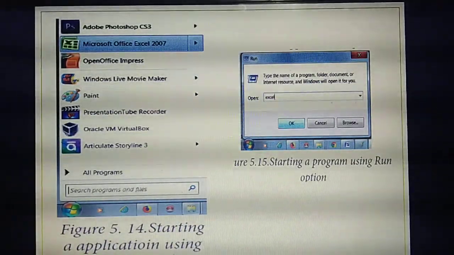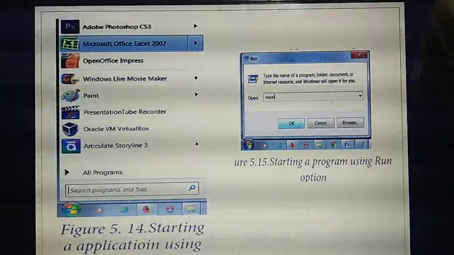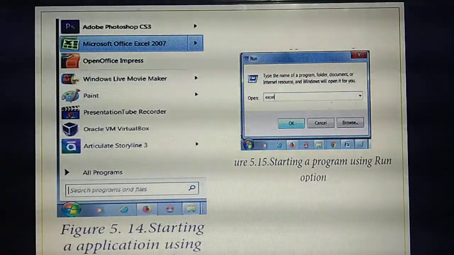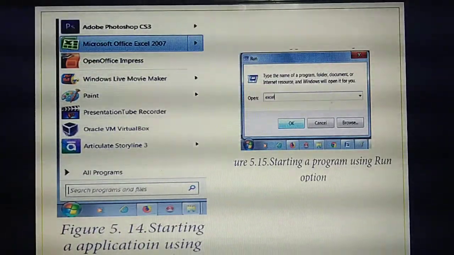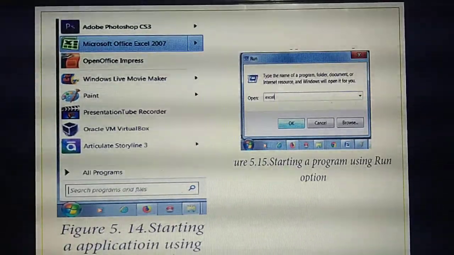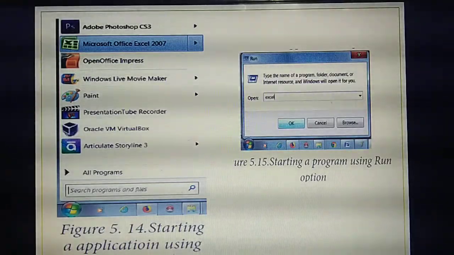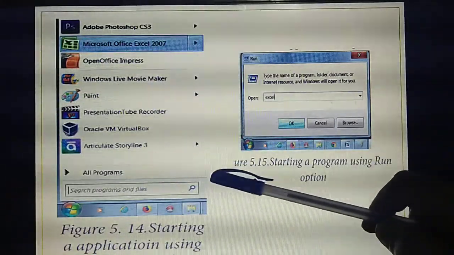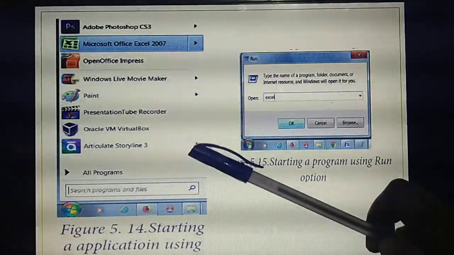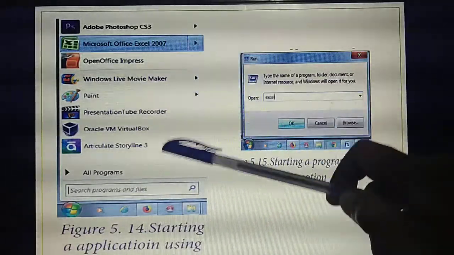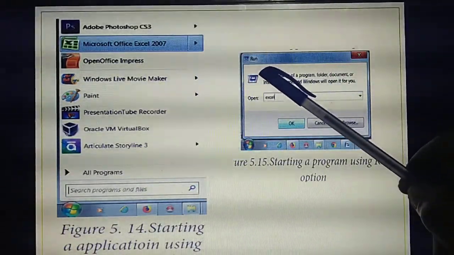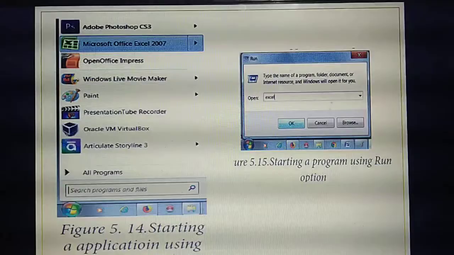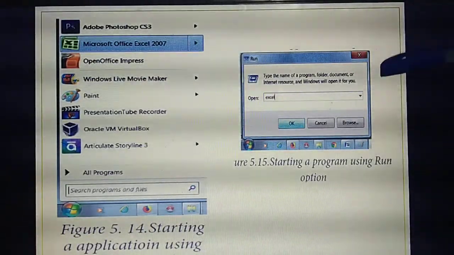Second method, what did I say? The second method is Run. Have you seen this box? What's the name of the box? Yesterday I said, above the start button, one box will be there. What's the name of that box? Run, no, sorry, not run. Search box. The symbol is used to search. If you type run here, you will see the run command. If you click this run command, this dialog box will open. This is the second method for opening the file.